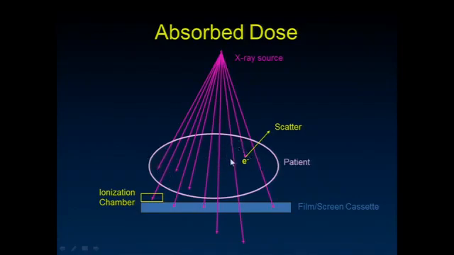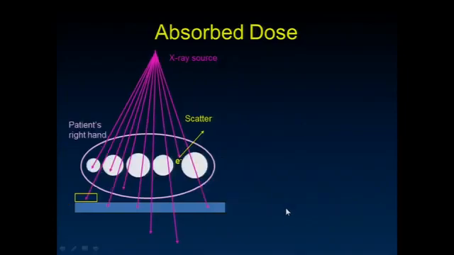I guess you could figure that out if you could somehow capture all of the energy that escapes the patient, either through scatter or just proceeds through the other side of the patient as a primary. The problem is we don't even stop all of those. So this is a very difficult thing to measure. And the other thing I want to mention to you is that the absorbed dose is defined per unit kilogram